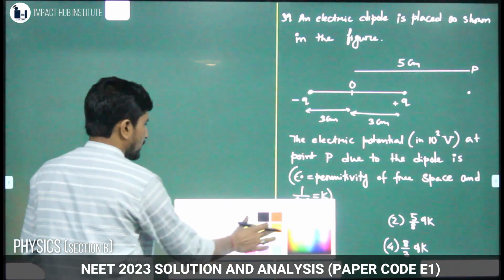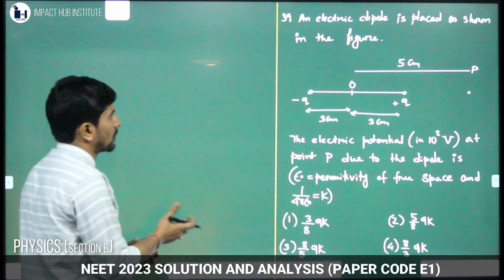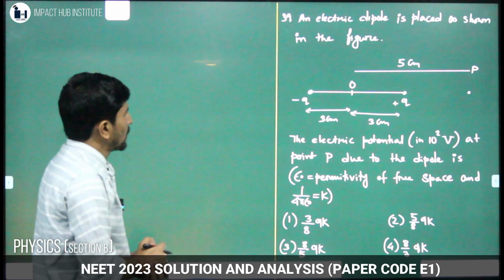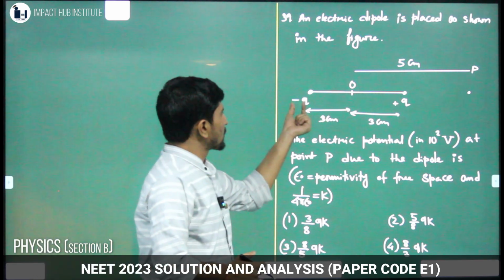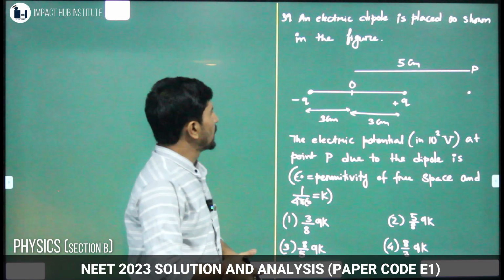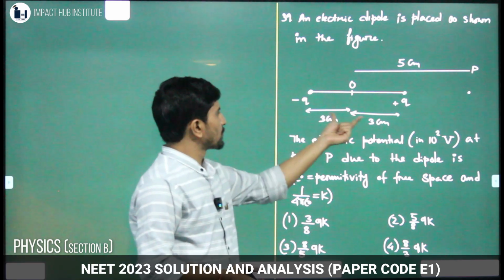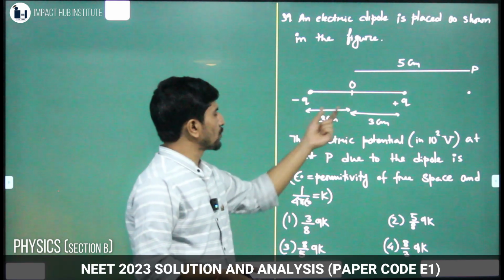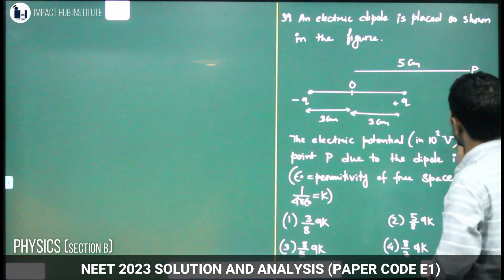This question belongs to electrostatics. According to the description mentioned in the question, there is a dipole. This dipole consists of two charges of equal value, opposite in nature, and the dipole length is 6 centimeter, 3 centimeter from the middle point to each charge, and we are supposed to calculate the electrostatic potential at point